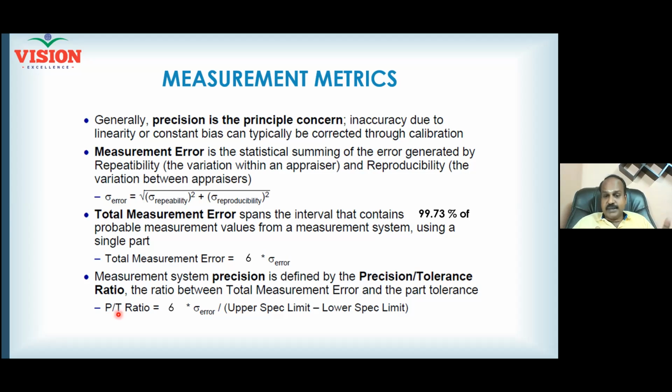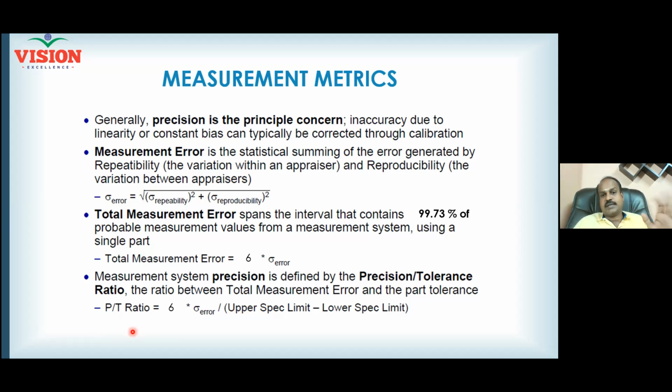If your company measures your performance with respect to the customer tolerance, then the denominator can be USL minus LSL. So numerator is precision, denominator is tolerance, and this ratio is called the precision tolerance ratio. The precision tolerance ratio has another name, which is gauge R&R.